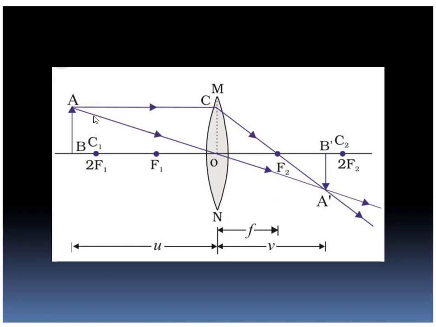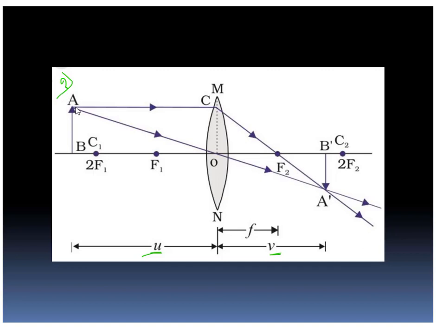Now this is the next point. So here the object is placed beyond the center of curvature. Okay, here in this position, this is the second case. Here the object is placed beyond center of curvature. So here this is the first ray of light. So here you can see this is the object distance u, this is the image distance v. This first ray of light is parallel to the principal axis. So because this ray of light is parallel to the principal axis, it will converge towards the focus. It will pass through the focus and it will go like this.